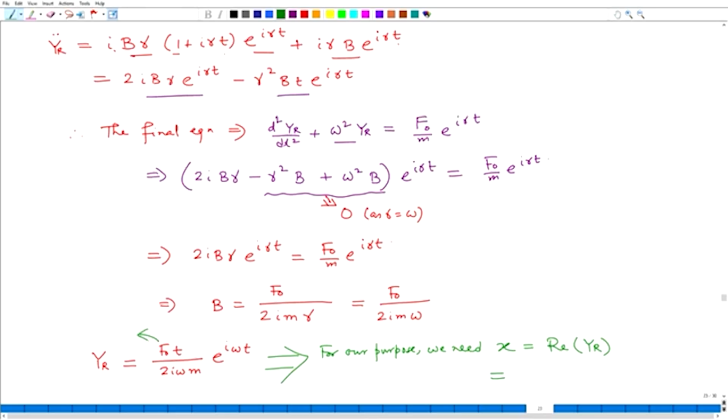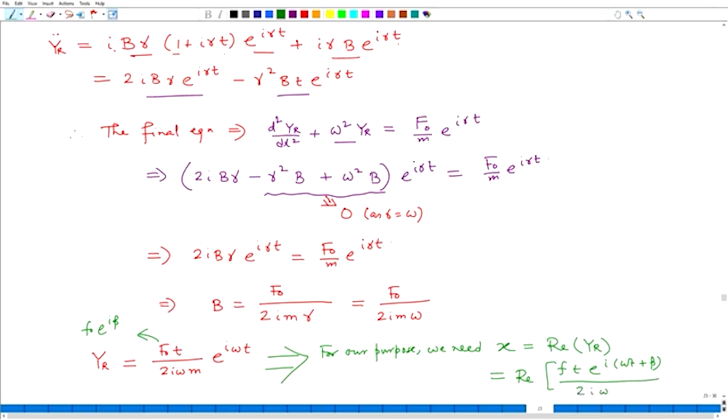You should remember this is small f0, e to the i beta, and if you write it completely you will see that this will be real of f t e to the i omega t plus beta by